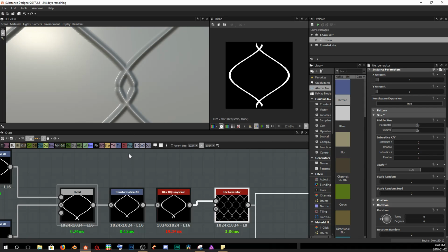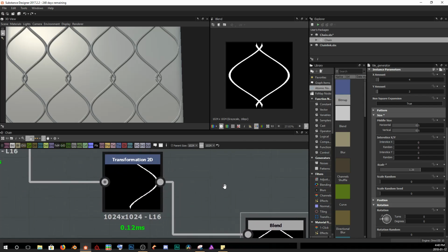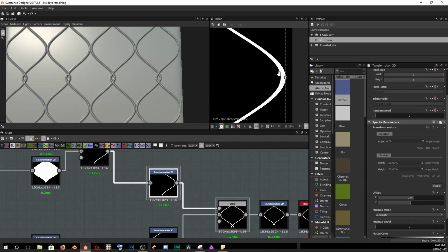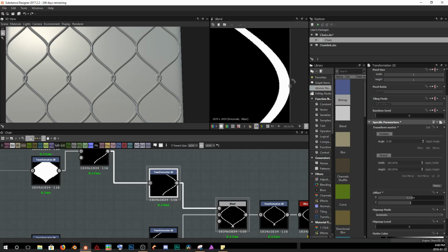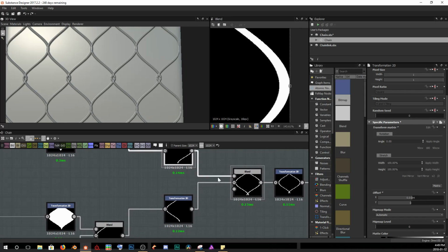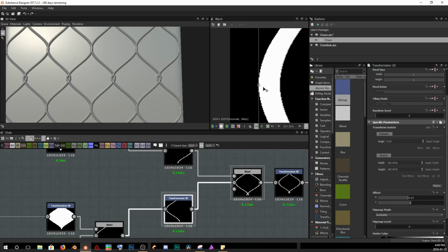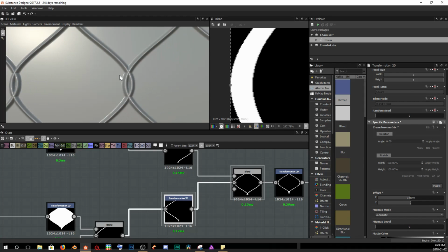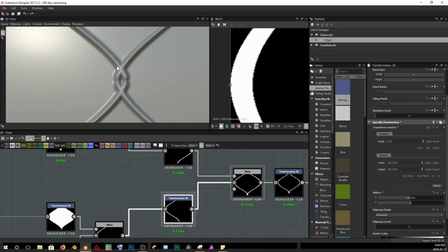So if I Control Z on that, the way that I fixed the problem that I made for myself was I went back to our transformation nodes here right before our blend, and I just came in and I scaled it up by hand to the edge of our texture here. And if I come down to our left side and I bring this over as well, just to the edge of our texture,